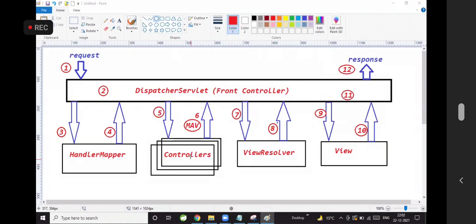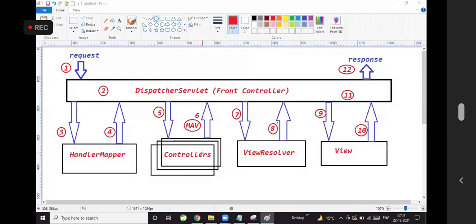Right. Now, up to 6 points you are clear now? Model and view. Model means data. Here, the controller doesn't know what the view technology is, because Spring MVC supports multiple view technologies. Some people may use JSP, some people may use Thymeleaf, some people may use some different technology for the presentation. So the controller doesn't know what exactly the view technology used in our application.